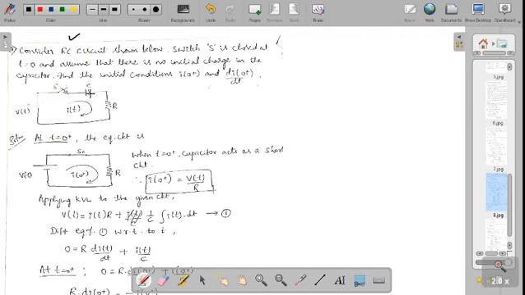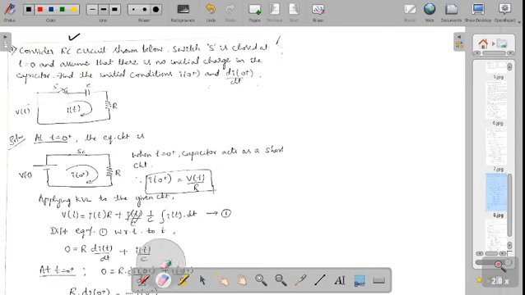So what do we need to do? We need to find out, at t equal to 0 plus, the current at 0 plus and the first derivative of that current. These are the two things asked in this problem. You need to know that at time t equal to 0, the capacitor will be replaced by what? A short circuit. The inductor was replaced by what? Open circuit. The capacitor will be replaced by a short circuit.